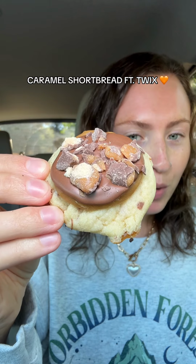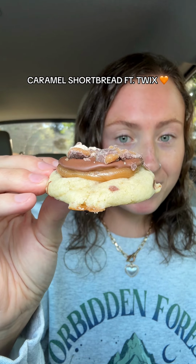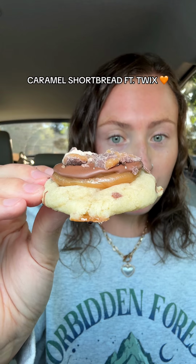Now for the caramel shortbread cookie featuring Twix. This is a shortbread inspired cookie filled with Twix pieces, topped with a gooey caramel layer, milk chocolate, and crunchy Twix pieces. This is exactly how I would imagine a Twix would taste in cookie form. Every single thing about it screams Twix. From the shortbread to the caramel layer to the milk chocolate, it mimics not just the taste of a Twix,